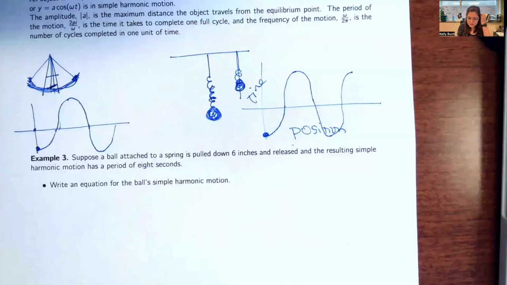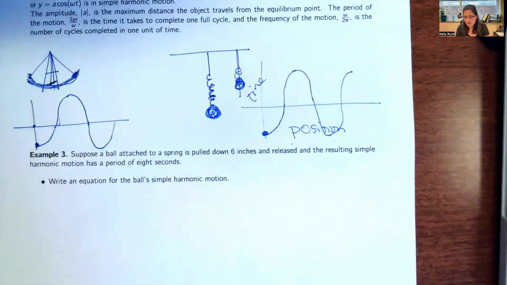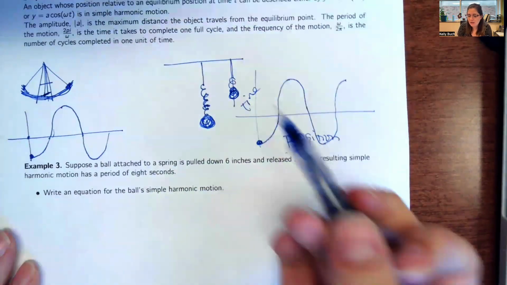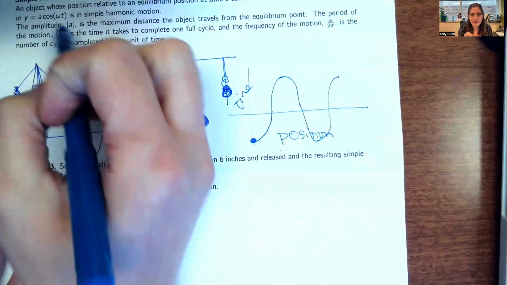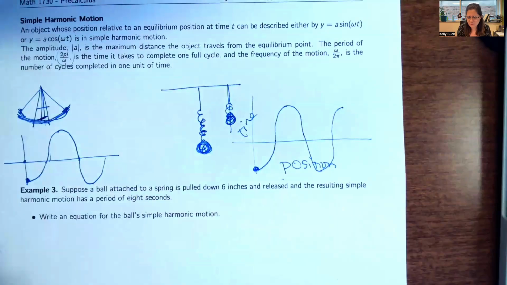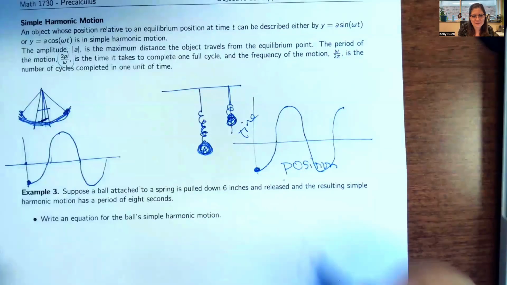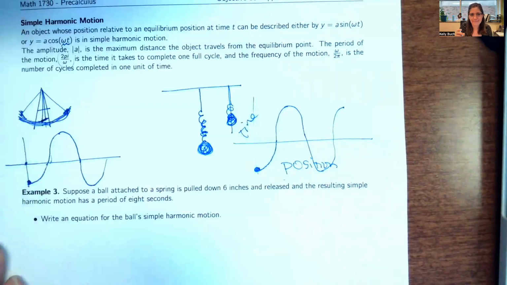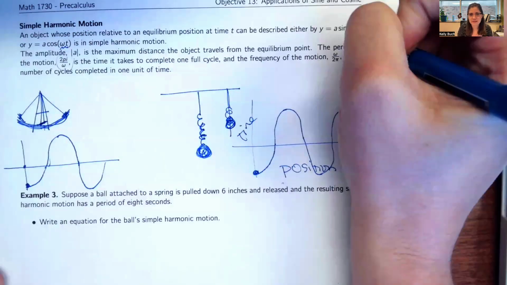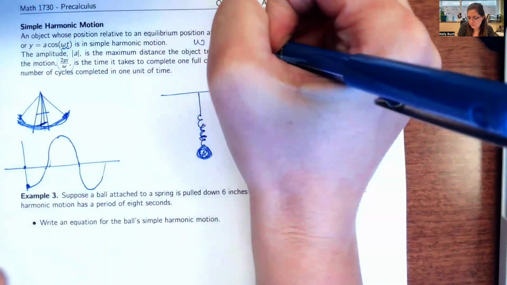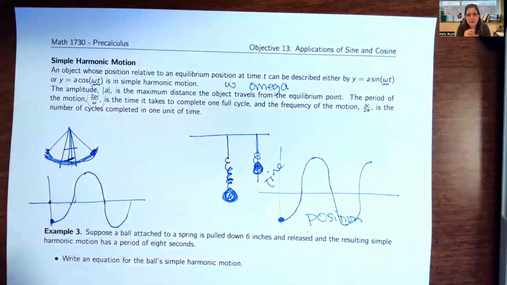Okay, there's two phrases that we want to think about here. One of them we already kind of used. They talk about the period of the motion, 2 pi over omega. We've used a phrase a lot like that before. The omega is a little bit different here. A lot of times we've been using b as the multiplier inside of the sine or cosine, but a lot of times physicists will use omega. That's a Greek letter. It's kind of a curvy W, omega.